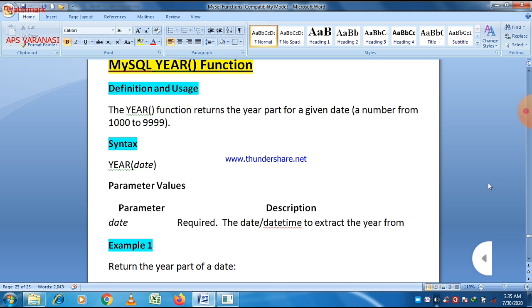There is only a single parameter value, date, which is required, and it is the date or datetime to extract the year from.